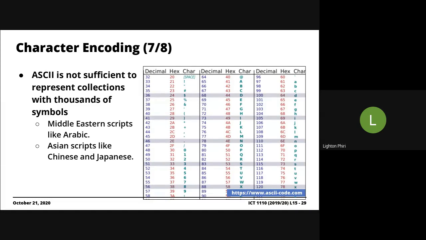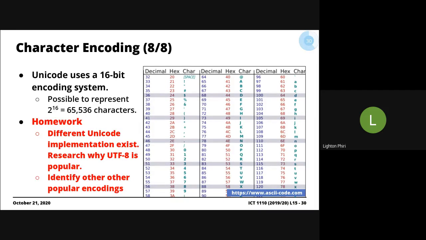So if you're using Japanese, obviously you know that ASCII won't work. If you're using Chinese here, then you know that ASCII won't work, right? Because ASCII, we're saying tentatively here, is used to represent 256 characters, right? 2 to the power 8. All right. So if it's not sufficient, then you need to go for something that is able to do that,